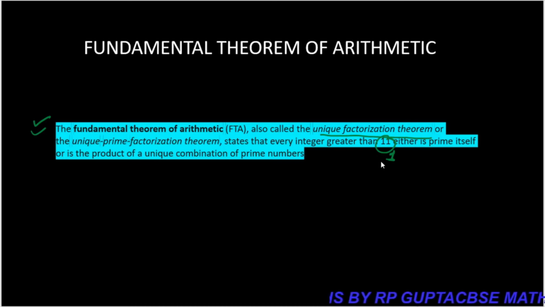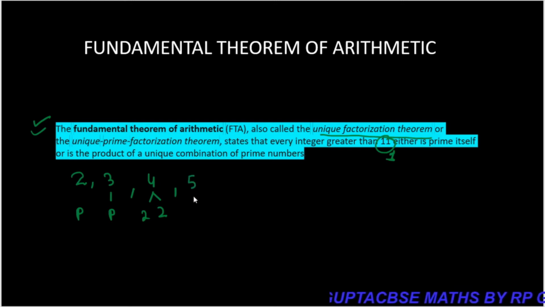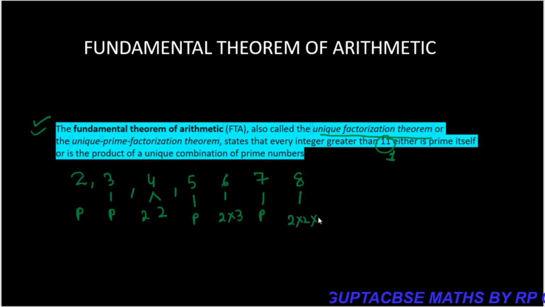See, I had taken 2. So you can see one thing, children, it's a prime number. If I take 3, again it's a prime number. If I take 4, 4 can be written as 2 into 2, factors of prime numbers. 5, again 5 is a prime number. 6, again it is the product of 2 and 3. 7, this is a prime number. 8, you can say 2 into 2 into 2. 9, 3 into 3. 10, 2 into 5.